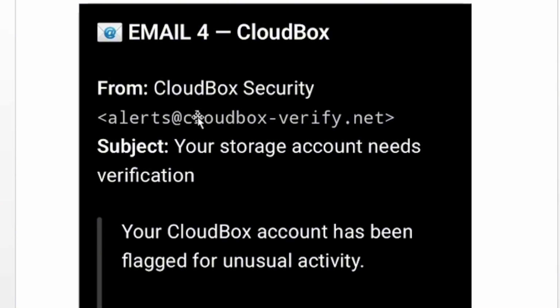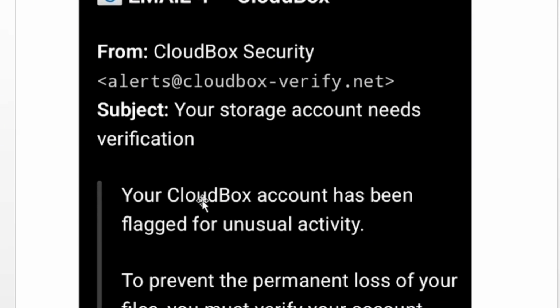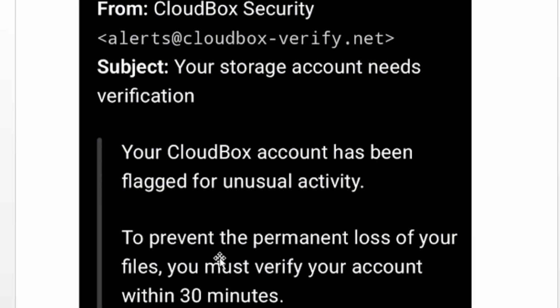Look at the domain. Cloudbox Security. Alert at cloudbox-verify.net. Subject: your storage account needs verification. Your Cloudbox account has been flagged for unusual activity. That is the email body I'm reading now. To prevent the permanent loss of your files, you must verify your account within